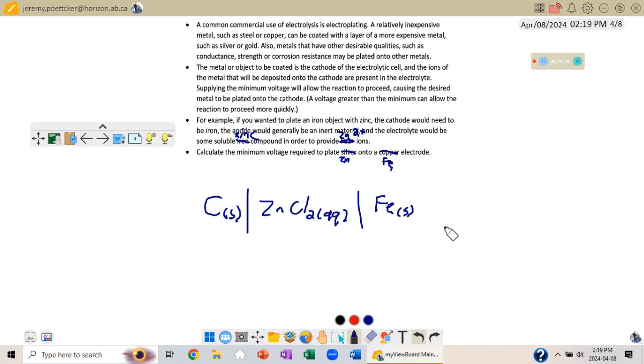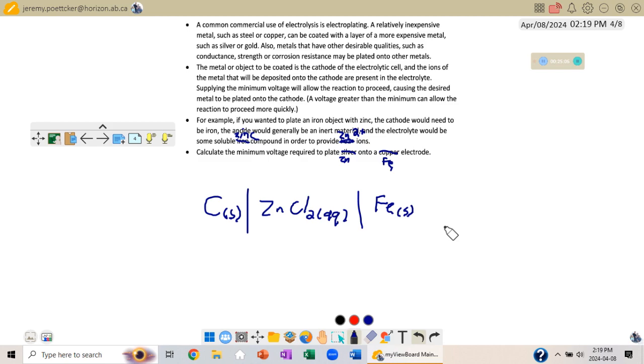Nothing is going to happen in terms of a reaction between the zinc 2+ and the iron. Neither of them, neither the zinc nor the chloride, will react with the carbon either. So in this case here, we've got it set up. Iron is our cathode, and we are going to set this up now, and we're going to say, okay, well, what do we